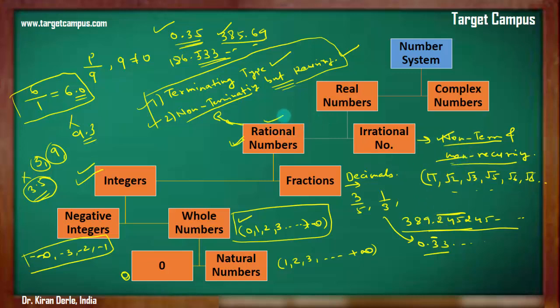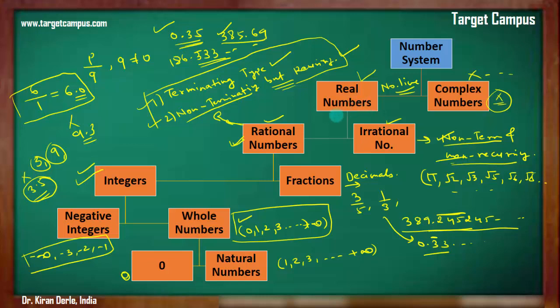So the set of rational and irrational numbers becomes real numbers. A complex number is the opposite of real numbers, and this is not our task to learn now. Okay, the number system is made up of real numbers. Real numbers, if you want to define them, can be shown on the number line. Complex numbers cannot be shown on the number line, right? So real numbers can be shown on the number line.